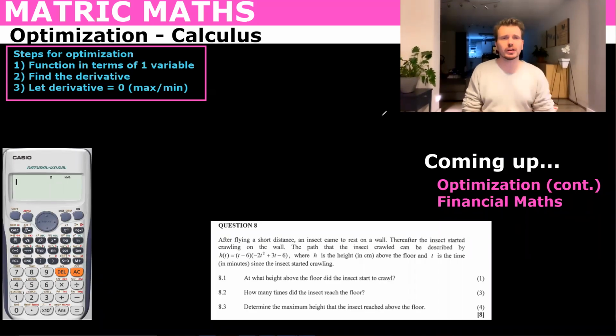Today we are looking at optimization. Optimization is when you find the maximum or minimum of a function. It has a lot of applications in industry. For example, if you wanted to maximize the profit of a company, you could get the profit function and optimize it by finding the derivative and then making that equal to 0, and then you could find